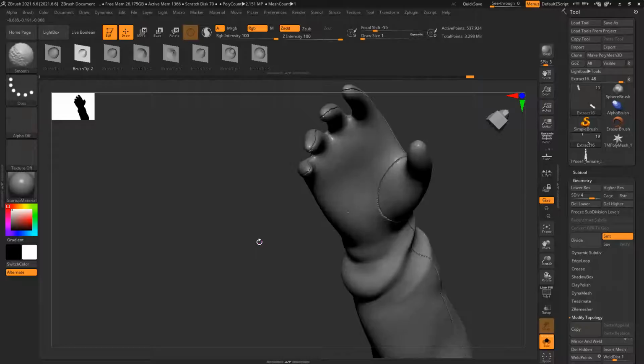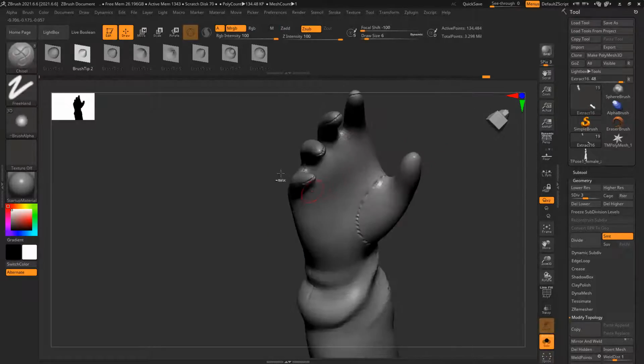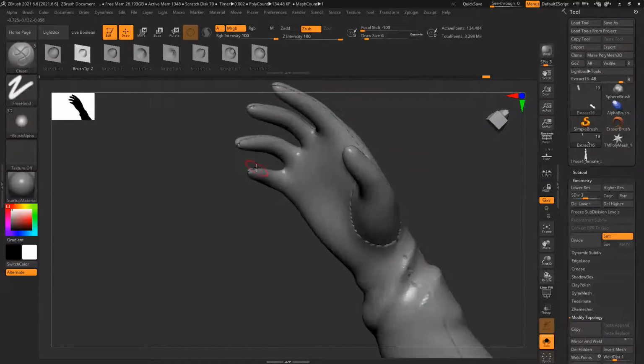So Shift D, reduce poly count, and all this, anything irregular, anything wrong. Now I'll fix that.